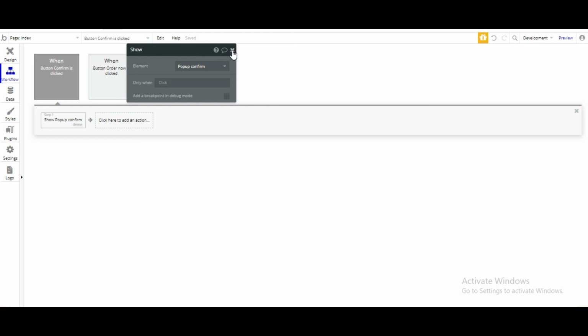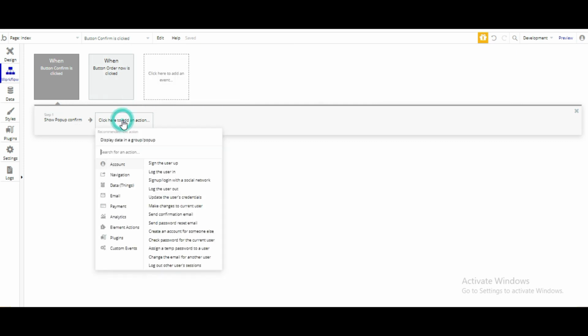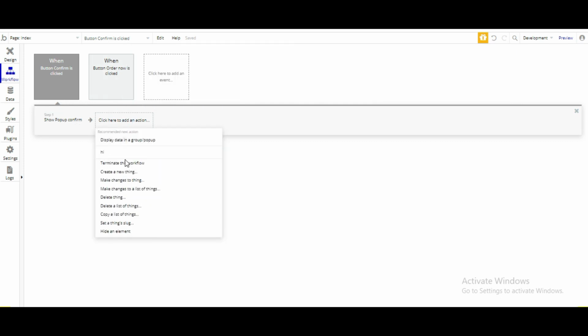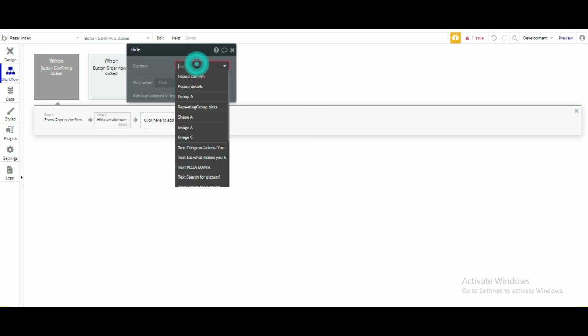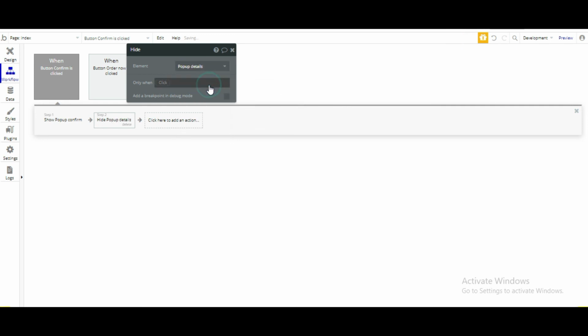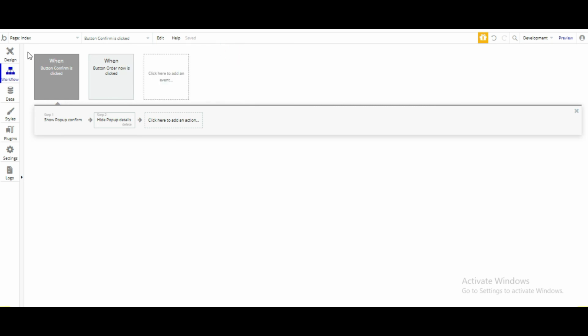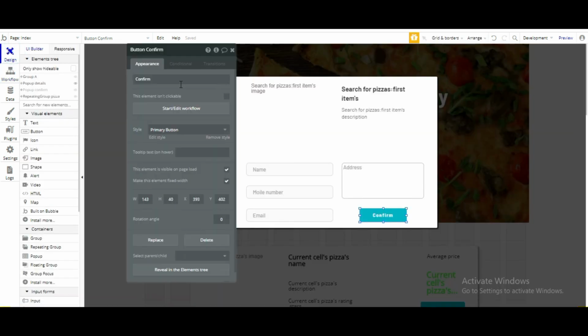But there was also one thing that we want to hide because we don't want overlapping in our website. So we will hide an element and that will be our pop-up details because we don't want pop-up confirm to overlap this. So we'll just hide it and let's close it. Let's go back to our design.